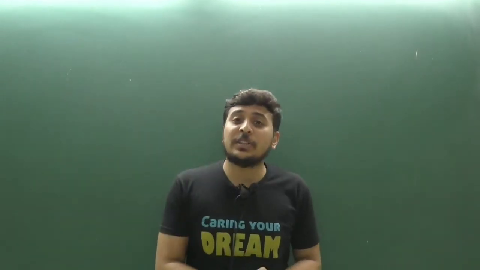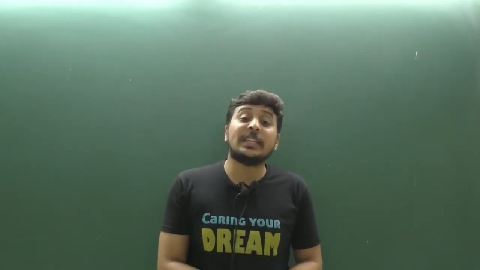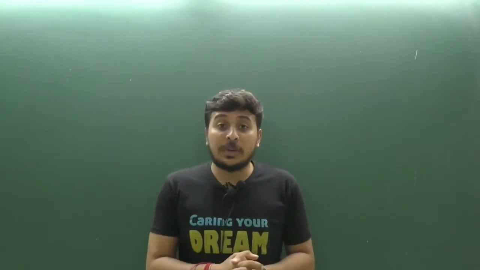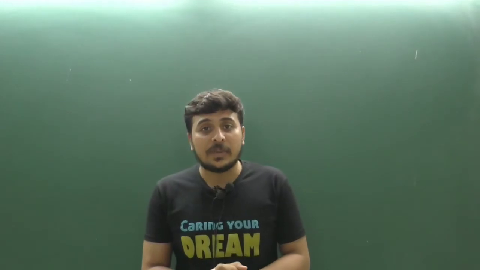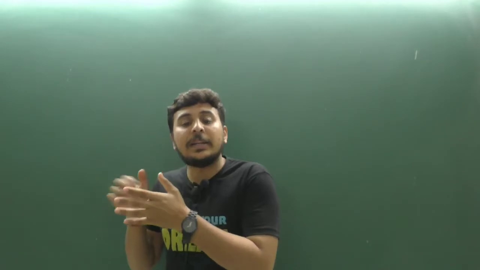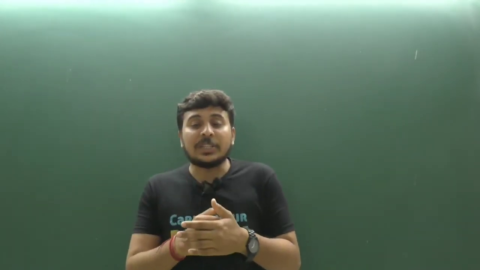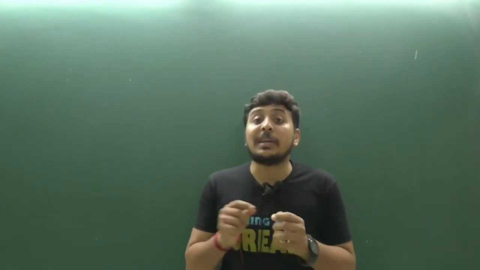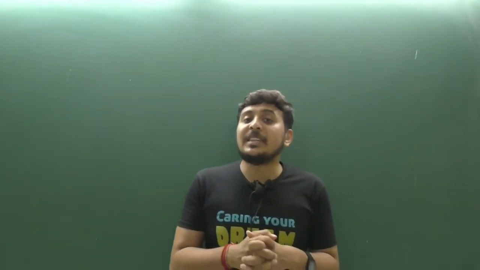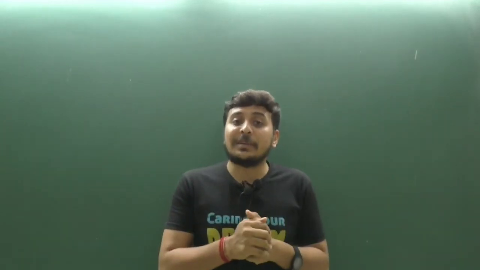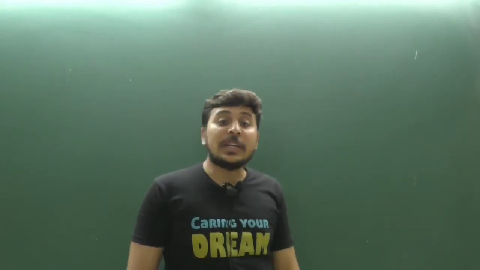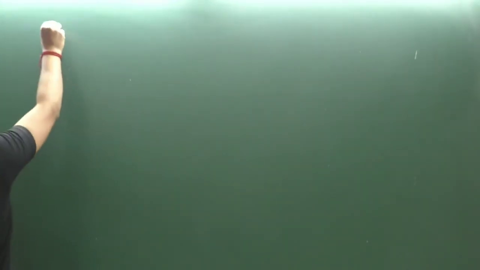This is the third lecture of class 10 science chapter number 1, chemical reactions and equations. In the previous two lectures we have learnt about physical change and chemical change. Each and every chemical change involves a chemical reaction, and a chemical reaction can be easily interpreted in the form of a chemical equation. We have also learnt about balancing a chemical equation and why we need to balance it. Now today we are going to learn about the different types of chemical reactions.